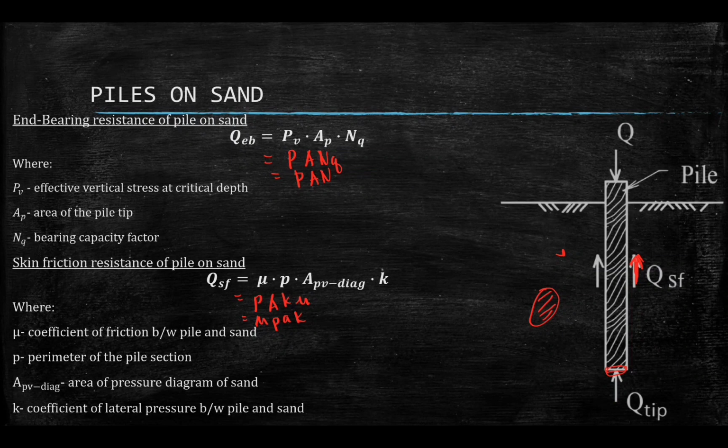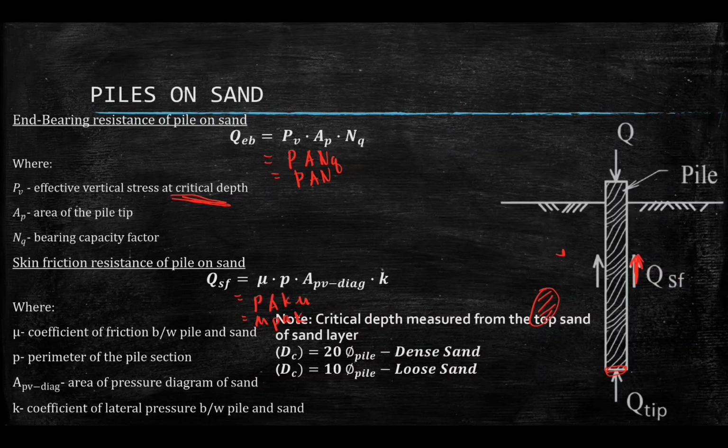So, ano nga ba ibig sabihin nitong critical depth na yan? Malalaman nyo mamaya. Specifically, this piles on sand depends solely for two types: we have the dense sand and the loose sand. Sa pag-measure ng critical depth natin, from the top sand of the sand layer, kapag dense sand, ang ating critical depth is 20 times the diameter of the pile. Kapag loose sand naman, it is only 10 times the